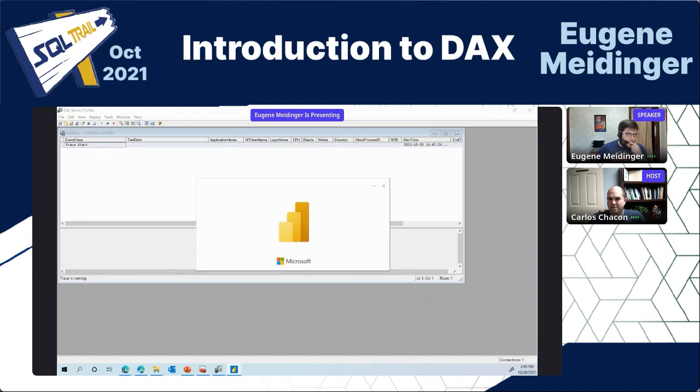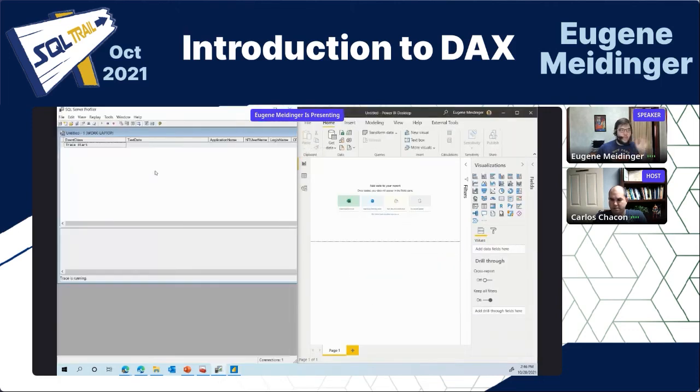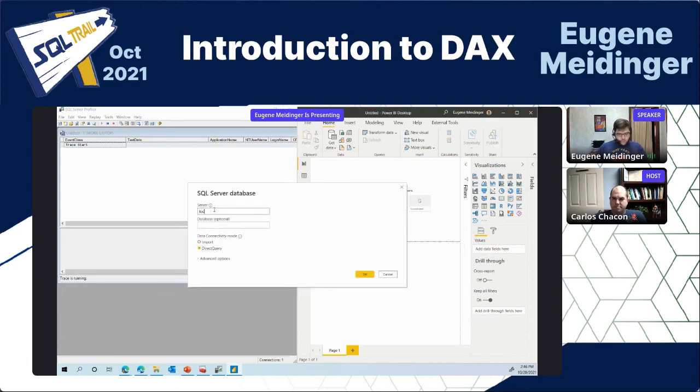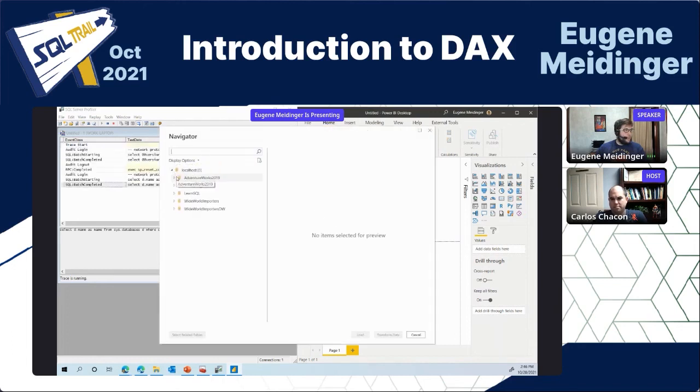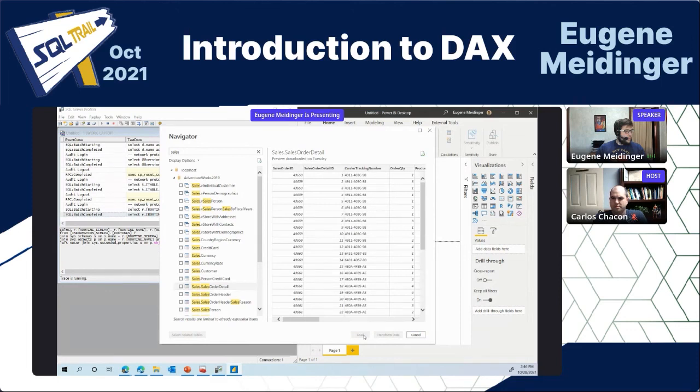All right, come on, Power BI. So the question of whether it can be used against SQL Server is kind of a trick question, because SQL Server, the regular relational database, does not natively support DAX. But what you can do is use DirectQuery. What DirectQuery does is translate DAX code live into SQL queries instead of actually evaluating them. So let's see if that'll work. Adventure Works, Sales. So if I just load that,